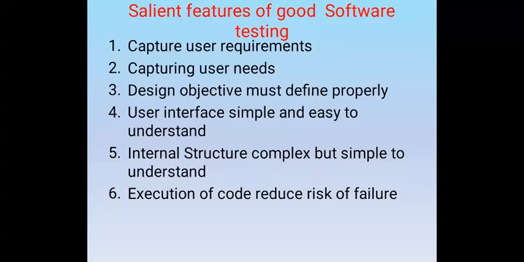Next feature is design objectives must be defined properly. Design objective states why a particular approach has been selected for building a software. This selection process indicates the reason and criteria framework used for development and testing. It contains the different user interface requirements, performance requirements, and some functional requirements that are interpreted in design, and how they can be achieved in the further development process is to be designed in this phase.